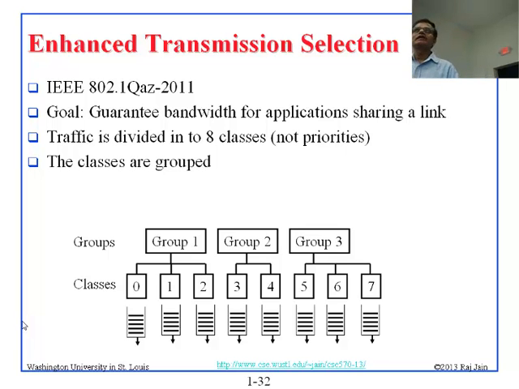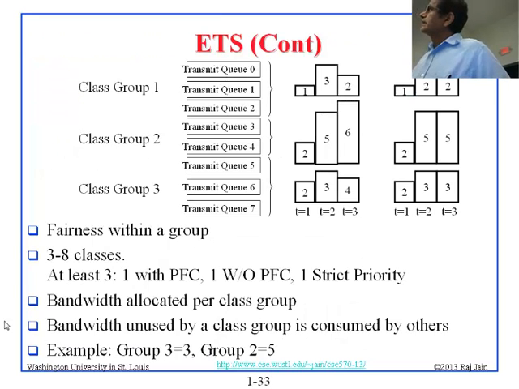And the second rule is that if somebody doesn't use their allocation, other people can still use it. So if I say, well, I want to have my 500 megabit for group 1, but there is no group 1 packet in my queue, group 2 and 3 can go. Alright, so nothing is wasted. Alright, with those 2 rules, traffic is divided into classes, grouped, and then there is fairness within a